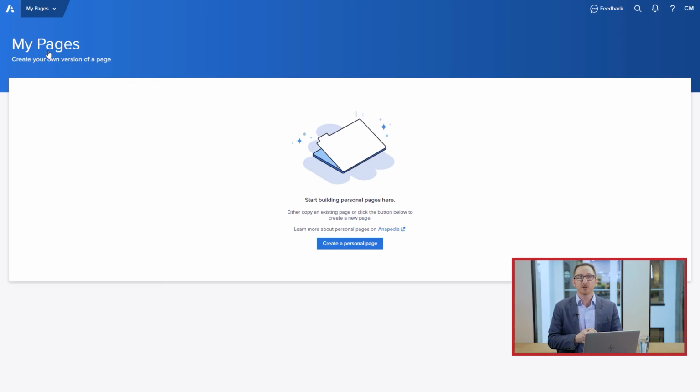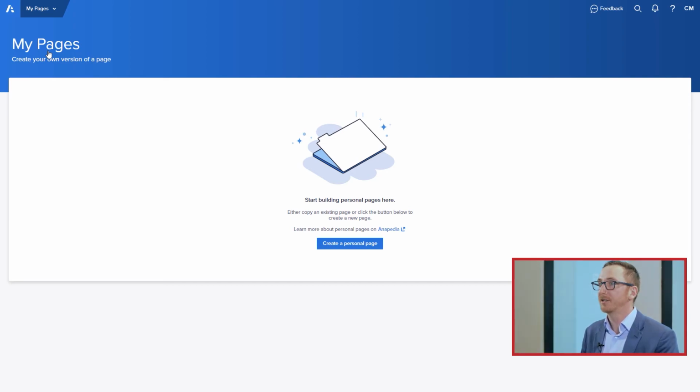The first thing that we're going to do is replace the country margin classic dashboard with a similar page in the new UX. So here you can see this is what our classic dashboard looks like. And when we're ready, I want you to go ahead and click Create New Page in the bottom right here, where it says Create a Personal Page.